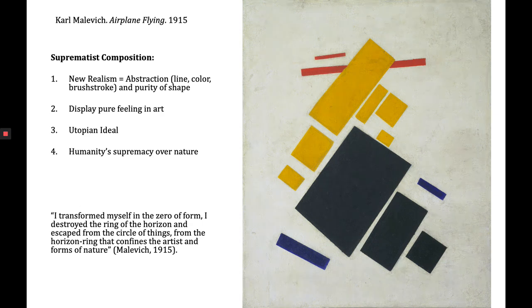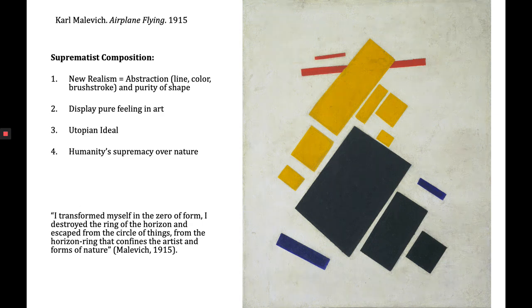And so the focus is on abstraction because that's focusing more on emotions and the corruptions of human thought. And so the focus is on line, color, brush strokes, and the purity of shapes. And so they're going to see very simple shapes, as we see here, with squares and rectangles and very simple colors, right? Red, yellow, and black and blue, and that's pretty much it. And so the whole idea of this is to just reflect more emotions rather than focusing on something that's